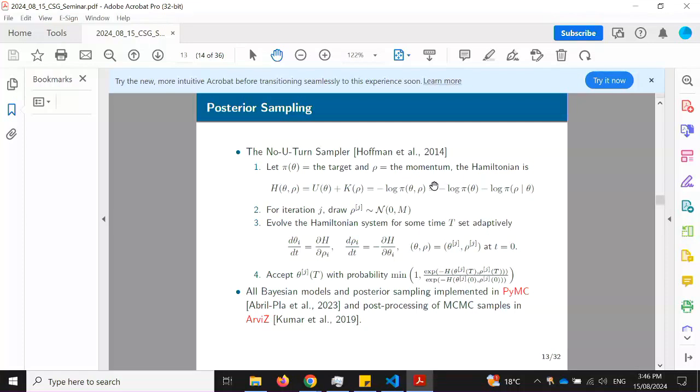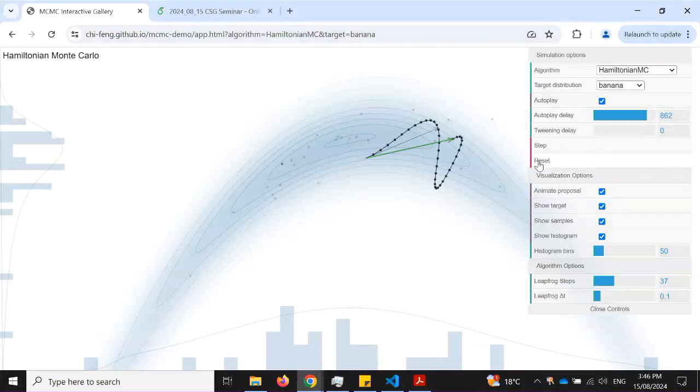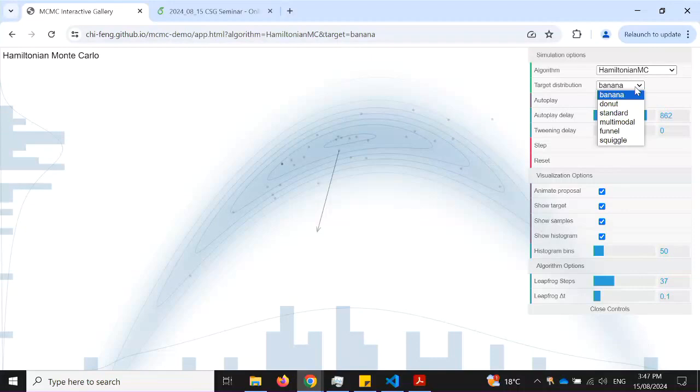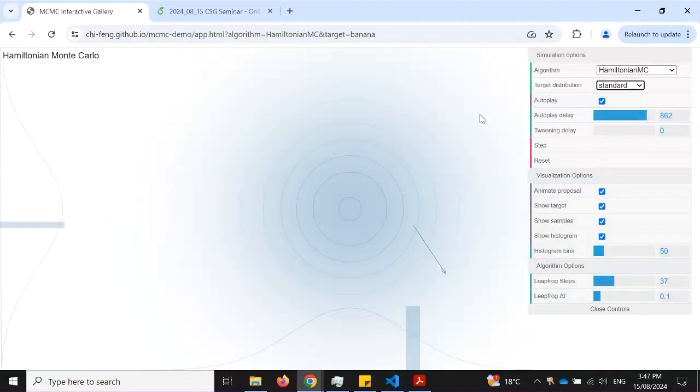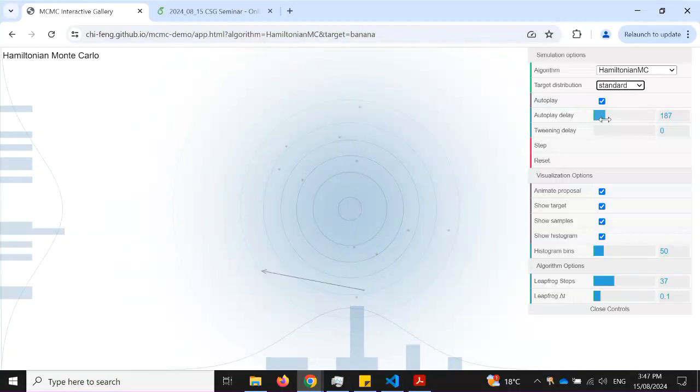My intuition that makes sense to me is if you imagine you have a banana-shaped bowl and you flick a marble with no friction with some sort of random force behind it, the gradients keep you in the bowl and get you around the corners. You can see when it tries to get out, in low probability regions. And now you just have nice balls rolling around. You want to take a big step. You don't want to go in a straight line because you just end up somewhere else.